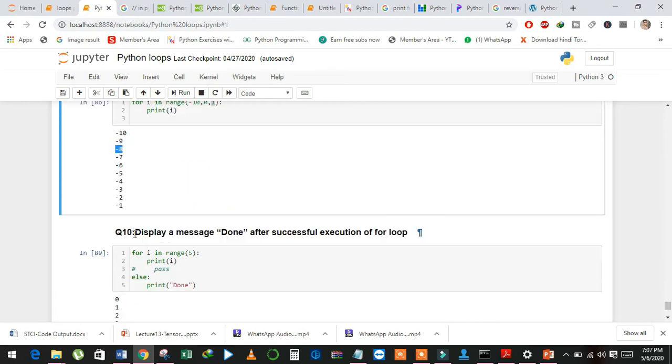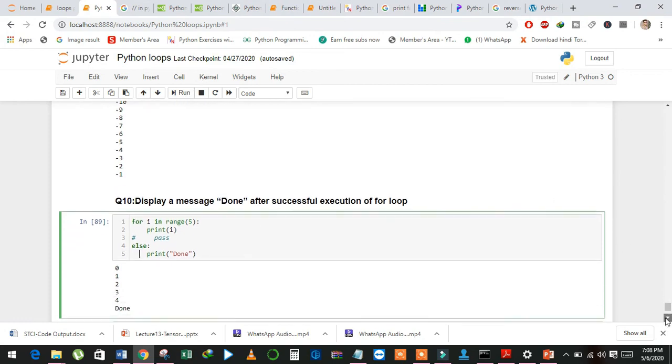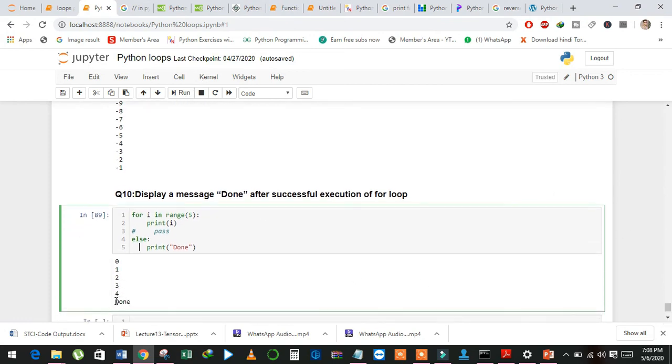And next, the last question is, display a message Done after successful completion of a for loop. See here, for i in range of 5, print i, else print Done. When the for loop completes, it will move to the else part, and then it prints Done.